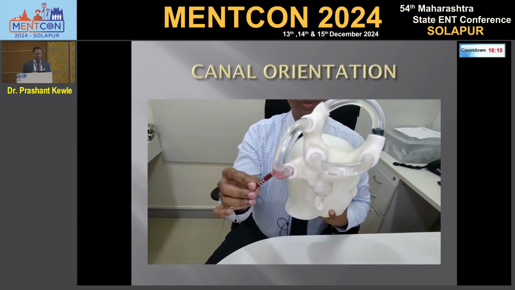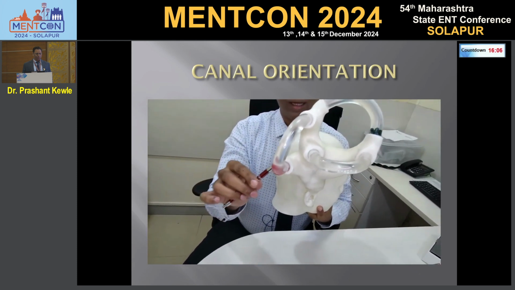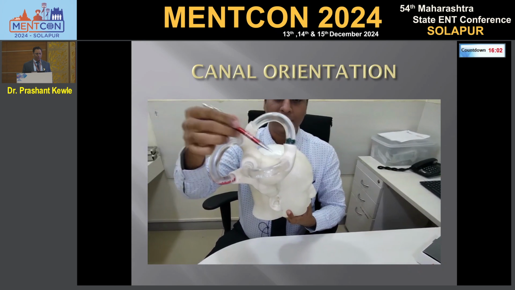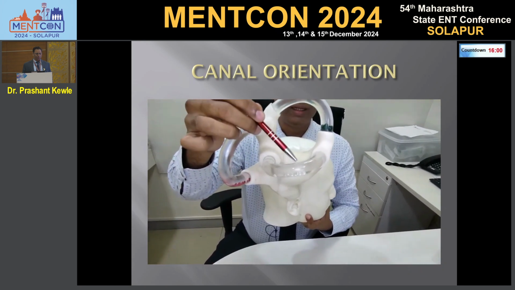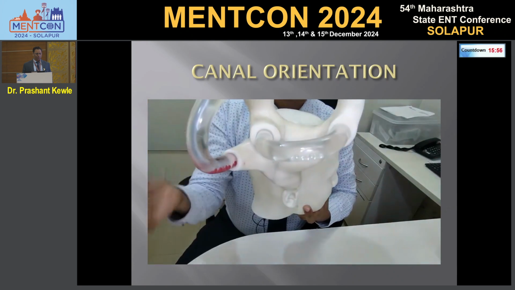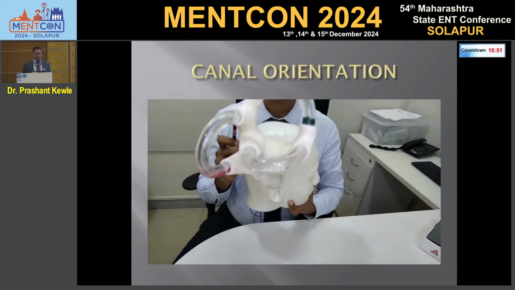Now the commonest position will be here for the posterior canal because of gravity. In the anterior canal, if they are stuck, they will be at the ampullary end. But in the lateral canal, they will be midway. Why? Because the canal is not like this, it is a bit inclined. So the particle will settle near the mid-arm or toward the utricular end. Many things we have to understand when we are doing the maneuver.